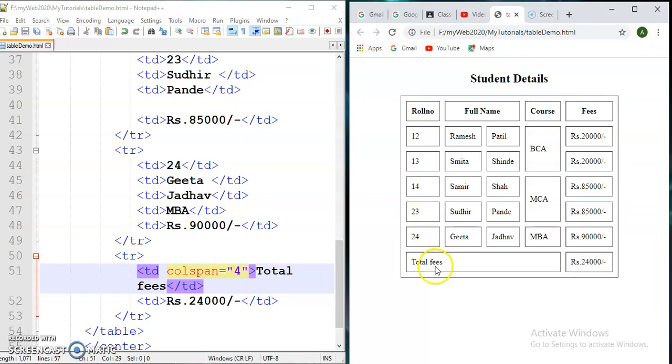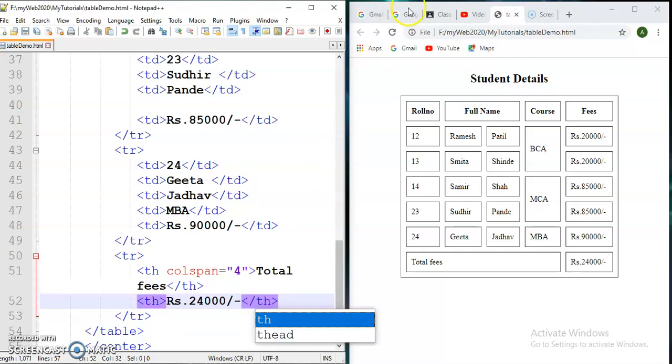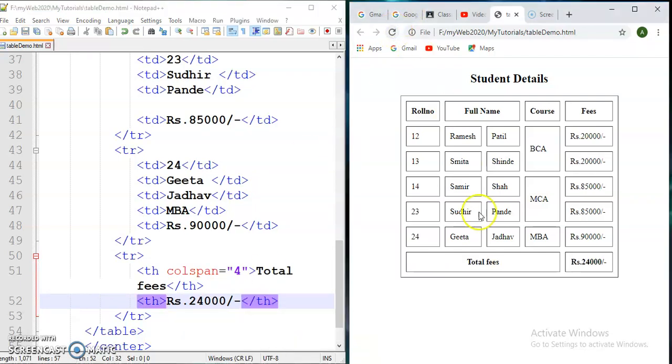Then again I want to highlight this. So instead of using TD, we may use TH here for highlighting purpose, and this is again TH. By default the alignment is center.